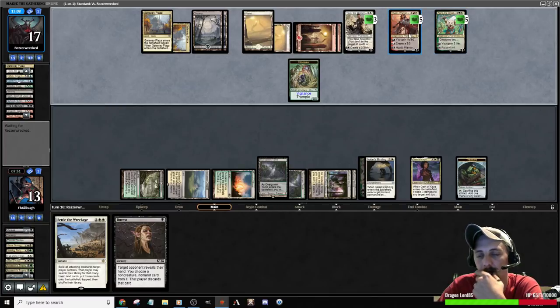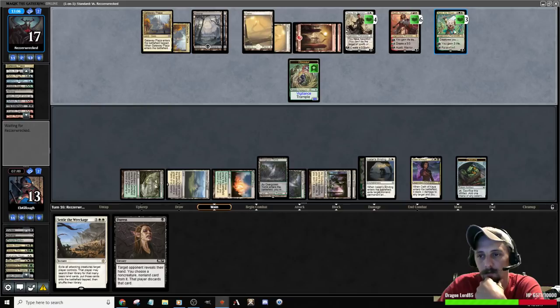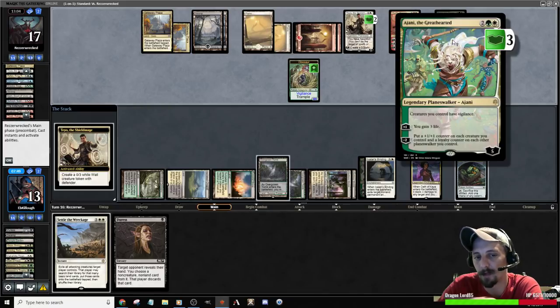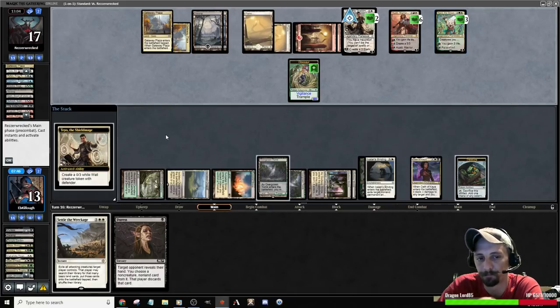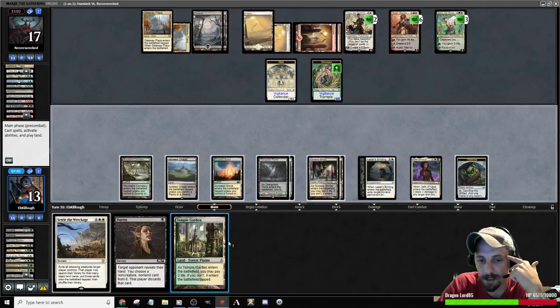I think he sequenced that wrong. I think he should have made the 3/3 before he cast the Ajani, because then he would not have given me priority after Ajani hit the battlefield. Not that it really matters, because what am I going to have? But I guess I could have Assassin's Trophy. I had the mana up for Assassin's Trophy, so I mean